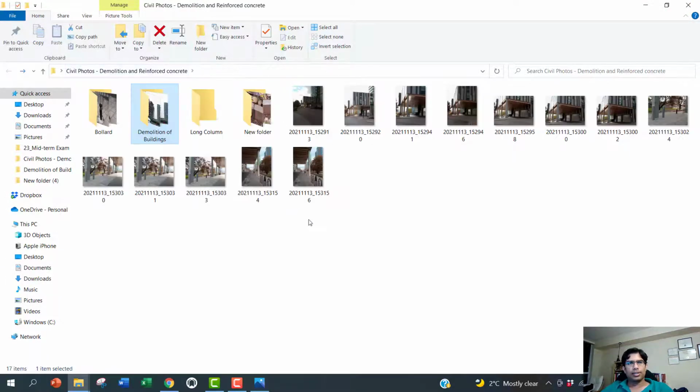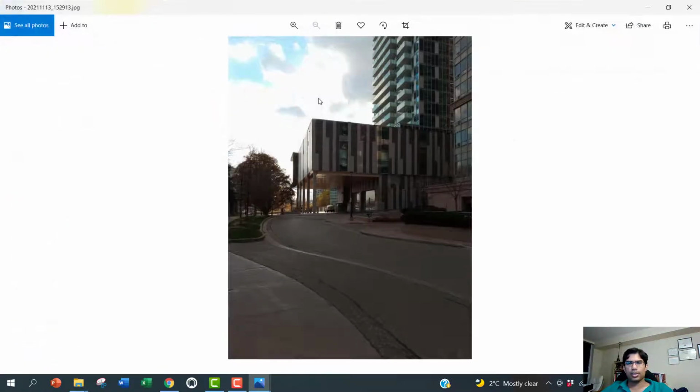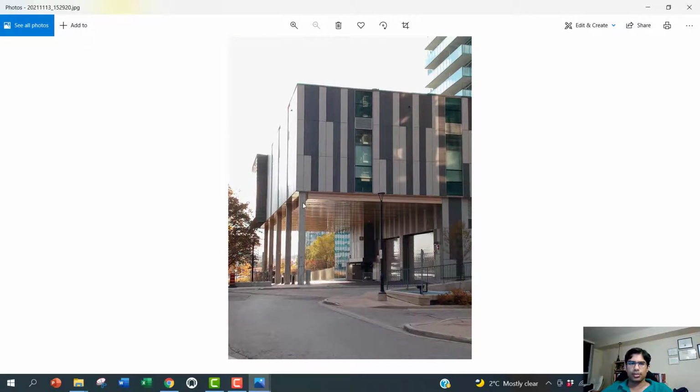Okay, so I have one last set of photos, of the long columns that I was talking about. In all the calculations in the assignment, midterm assignment, project, and final exam, all these problems you are doing are on short columns. Because they're short columns, we may wonder what a long column or slender column is. Long column and slender column are the same thing. This is the long column in this photo. This is the new building I was talking about, that was recently finished. If you see from this angle, this is the long column.